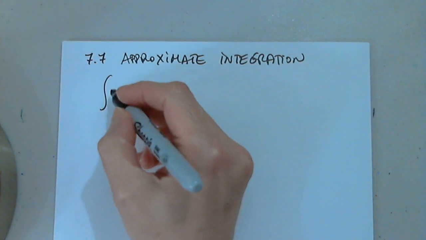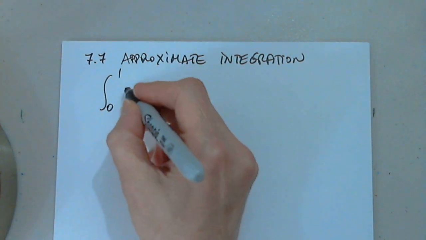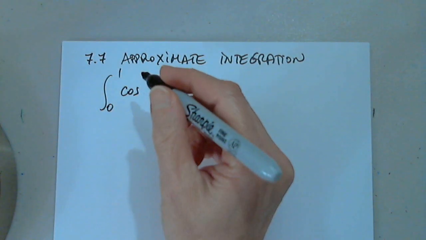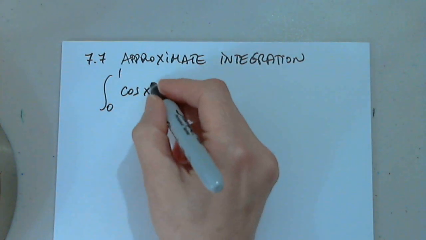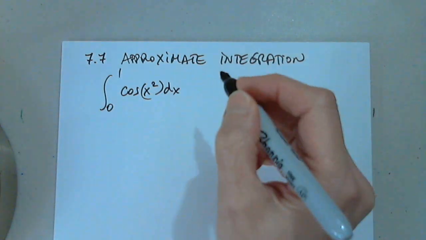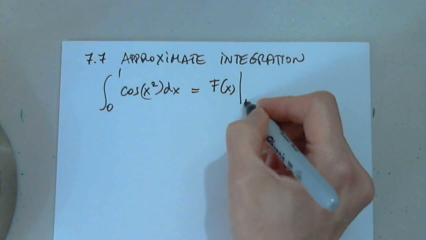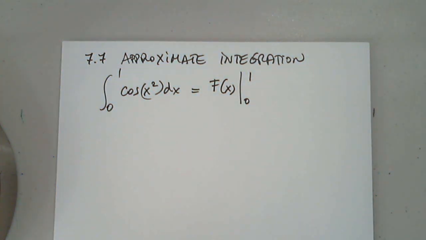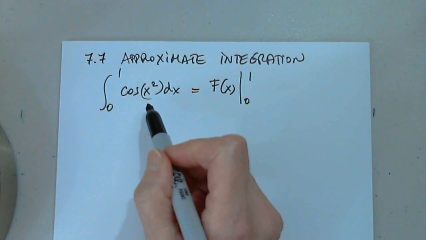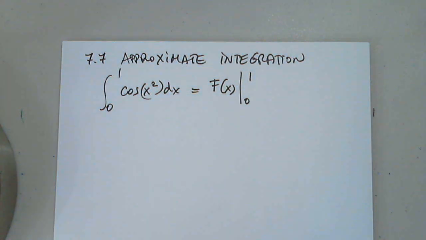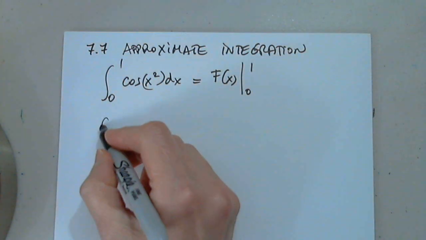It's because, let's say, the integral from 0 to 1 of cosine x squared dx, we cannot find the antiderivative. So we can evaluate it from 0 to 1. A computer algebra system, a calculator, a software can, but we cannot. So we can still approximate this. And we saw in chapter 5,